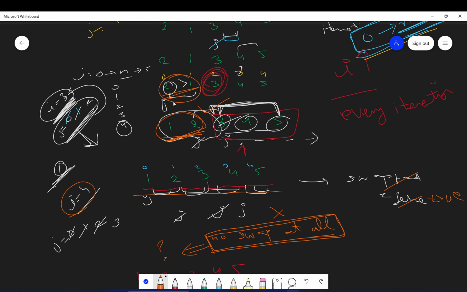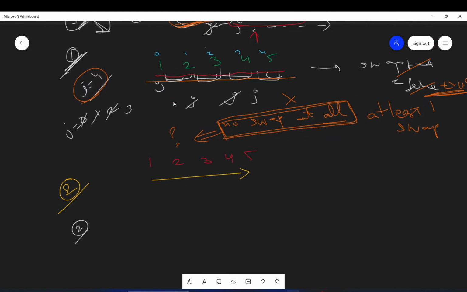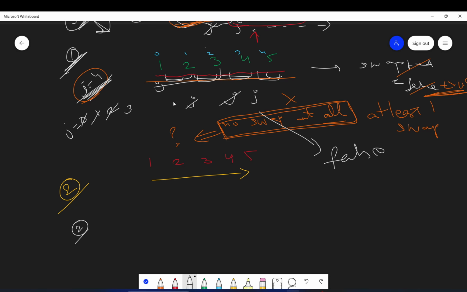If at least one swap is done, we update it. But if no swap is done, like in the case of i is equal to 4, the swapped variable will remain false. And if swapped is false, we just break from the loop.